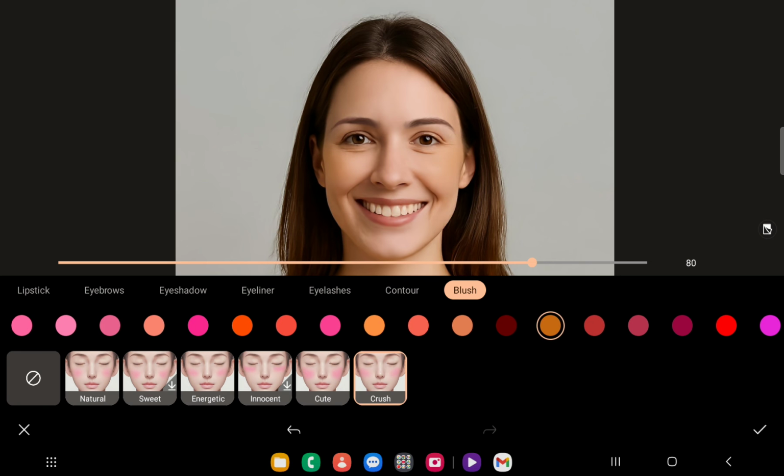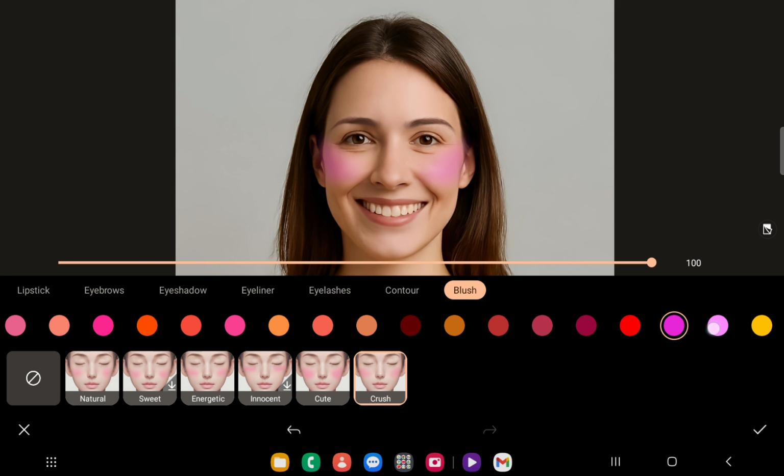I will go with some pinky one, and you can make it a bit bigger, make it more visible. And if you are satisfied with the result, then click on the check mark